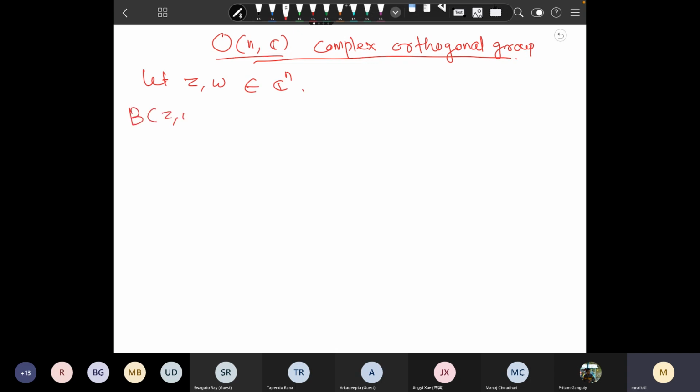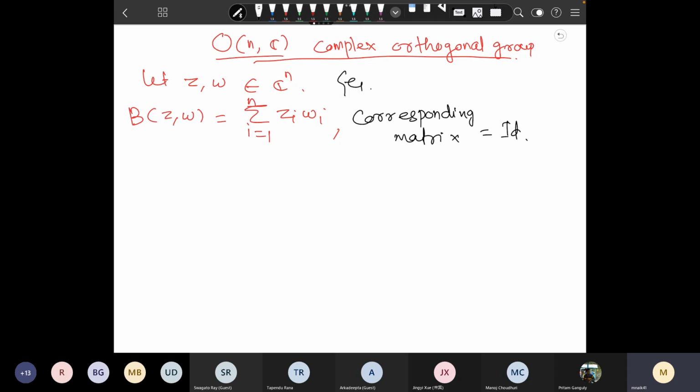This is the bilinear form B(z, w) equal to the sum over i equal to 1 to n of z_i w_i, and the corresponding matrix is the identity matrix, with respect to the standard basis u_1, u_2, ..., u_n. So O(n, C) is something like A belongs to M_n(C)